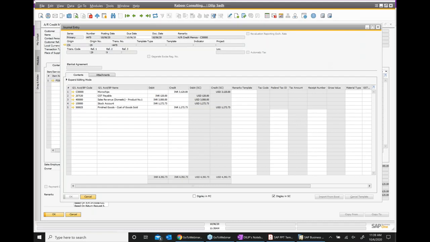It reverses my customer liability. It also reverses my posting, which happens at the time of delivery. It reverses both.